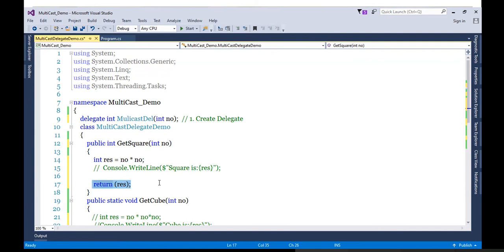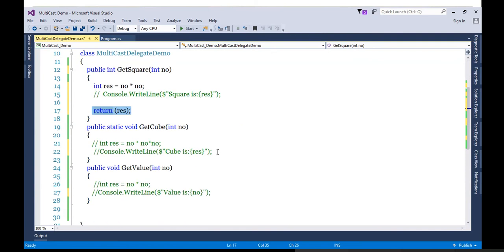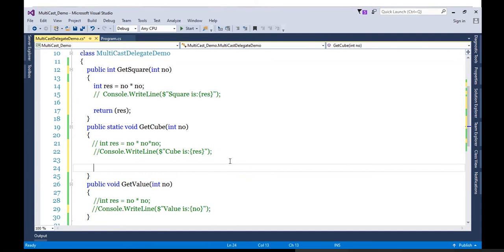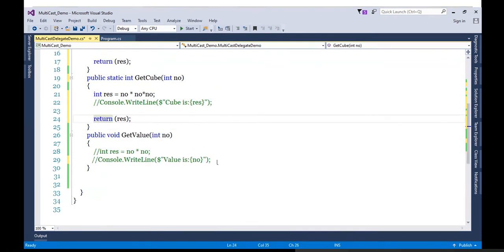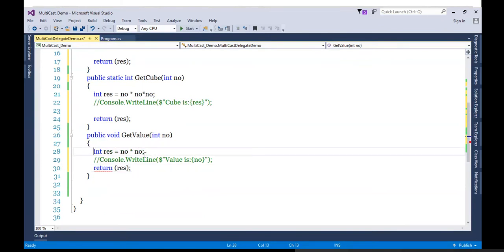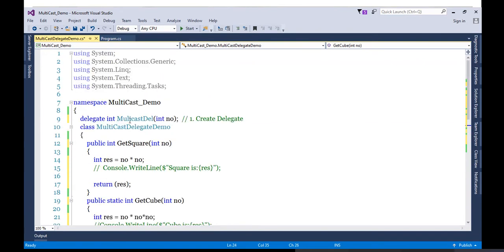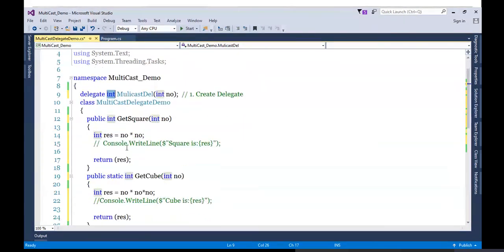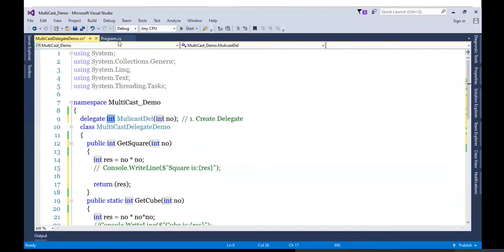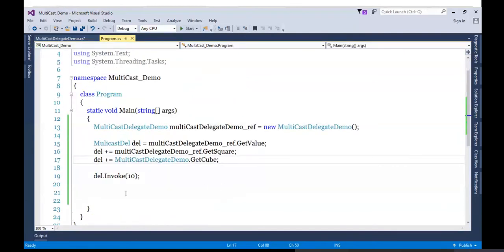That's it. Okay. So now this multicast delegate is applicable for all three methods, since for each method the return type kept is integer. Okay. We added the methods.